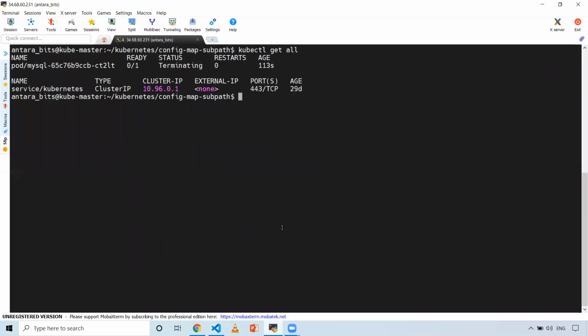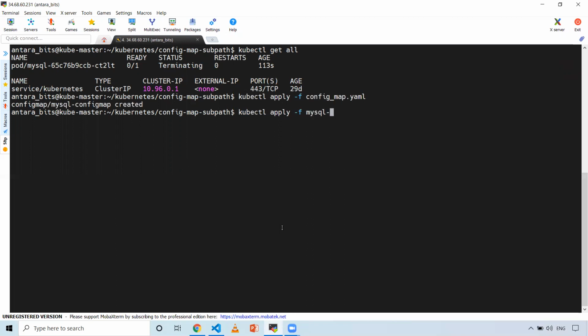So let's go there, kubectl apply -f, and we need to do the config map YAML, and then we need to do kubectl apply -f, and then the MySQL with config map. So when I do this, it is going to create the deployment.